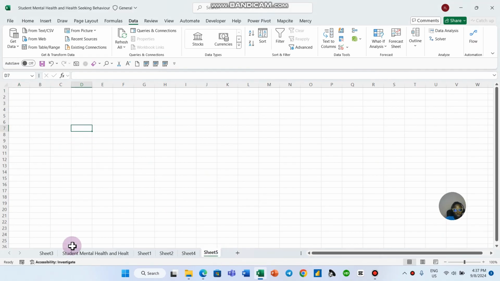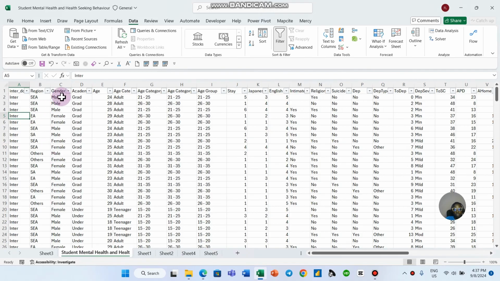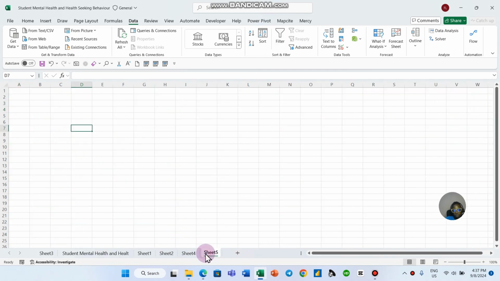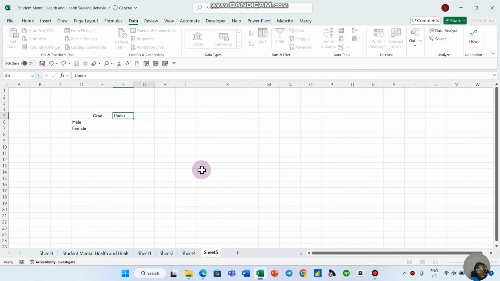So let's assume, just as we did in SPSS, I want to know the number of female international students, the number of male international students, and all of that. So how can we do that? I'll just come here first and type male, then female. Now also come here and type grad, then under. So we are going to be using the COUNTIFS function. So not COUNTIF now, but COUNTIFS. So that equals COUNTIFS,